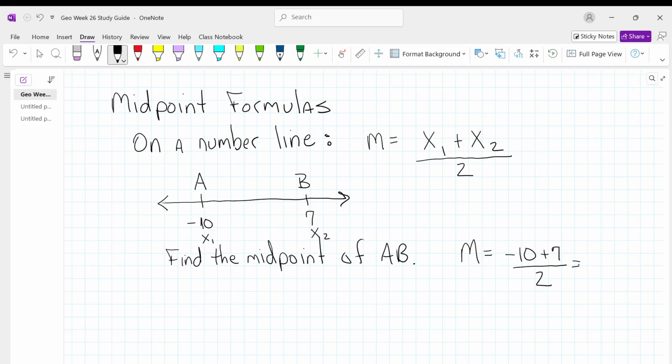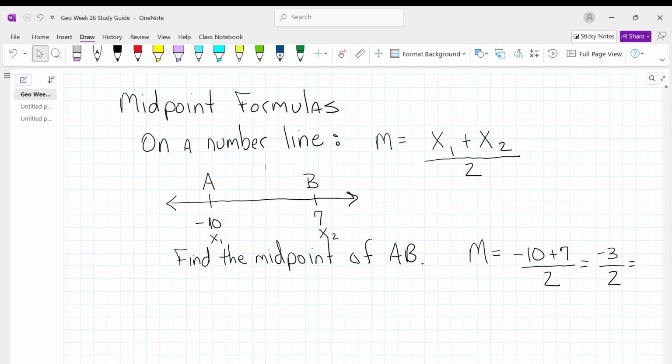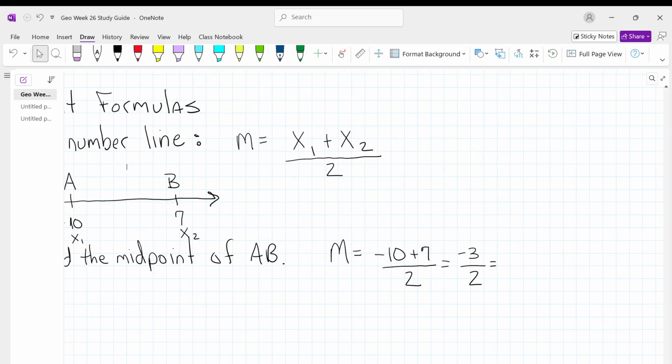And -10 plus 7 is, say again? -3 divided by 2. And what's -3 divided by 2? -1.5. So the midpoint of AB